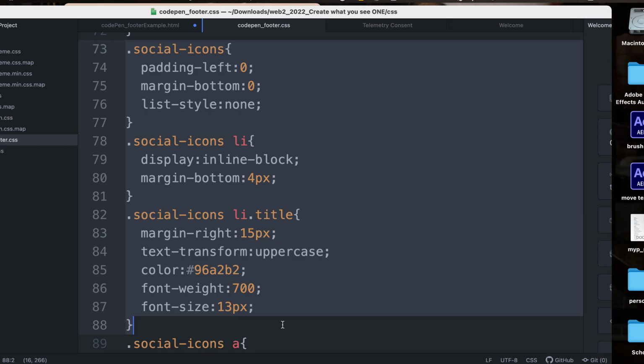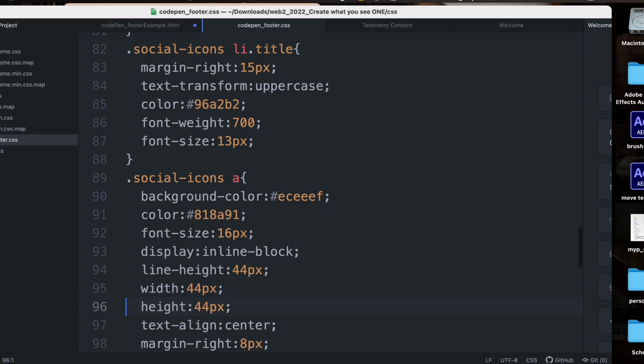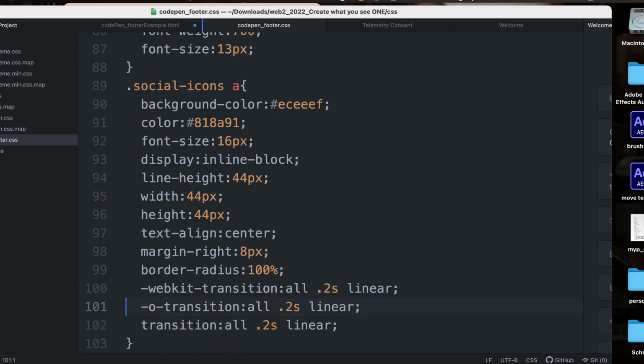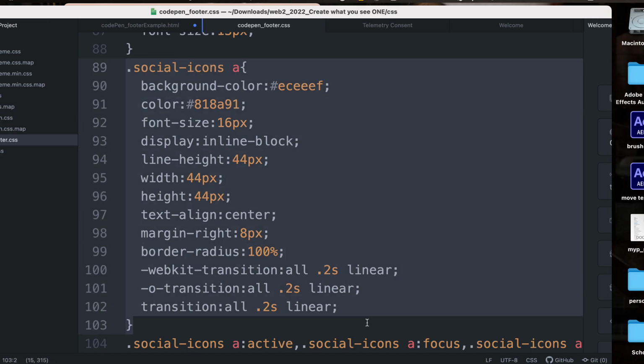And then we're doing something with the LI too. And also, so again, type all this out here. Pause it. And then we're going to go down to, here's the big one, .social-icons a, because they're all A's, they're all clickable. And you can barely see it, but when you mouse over, there's a gradient that happens over time,